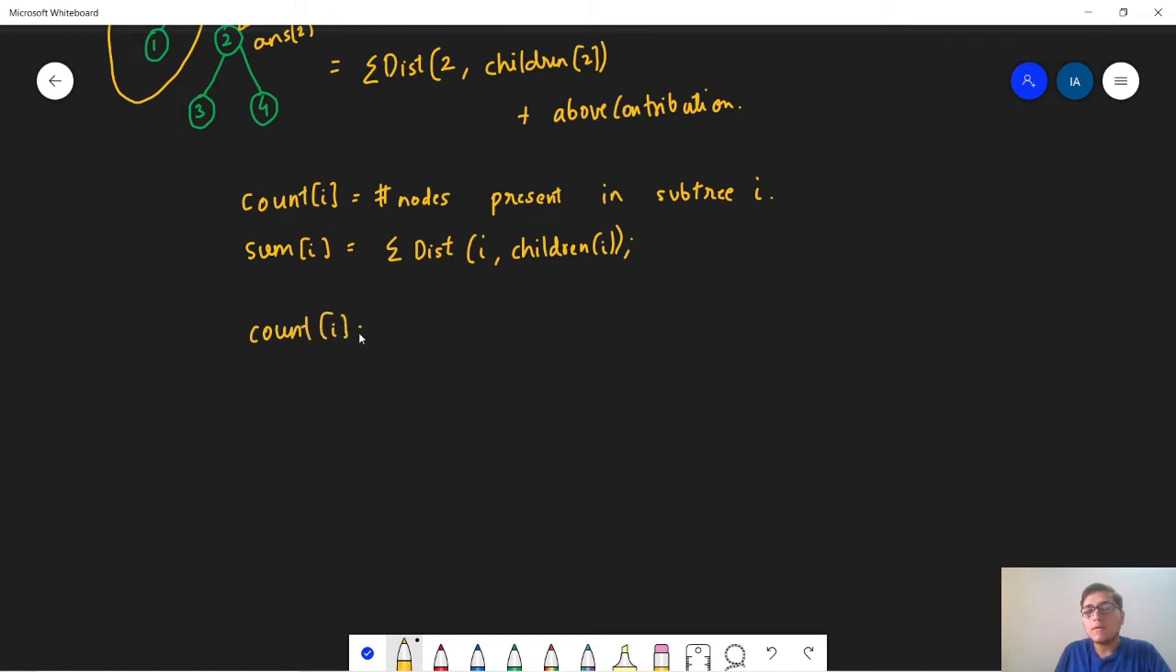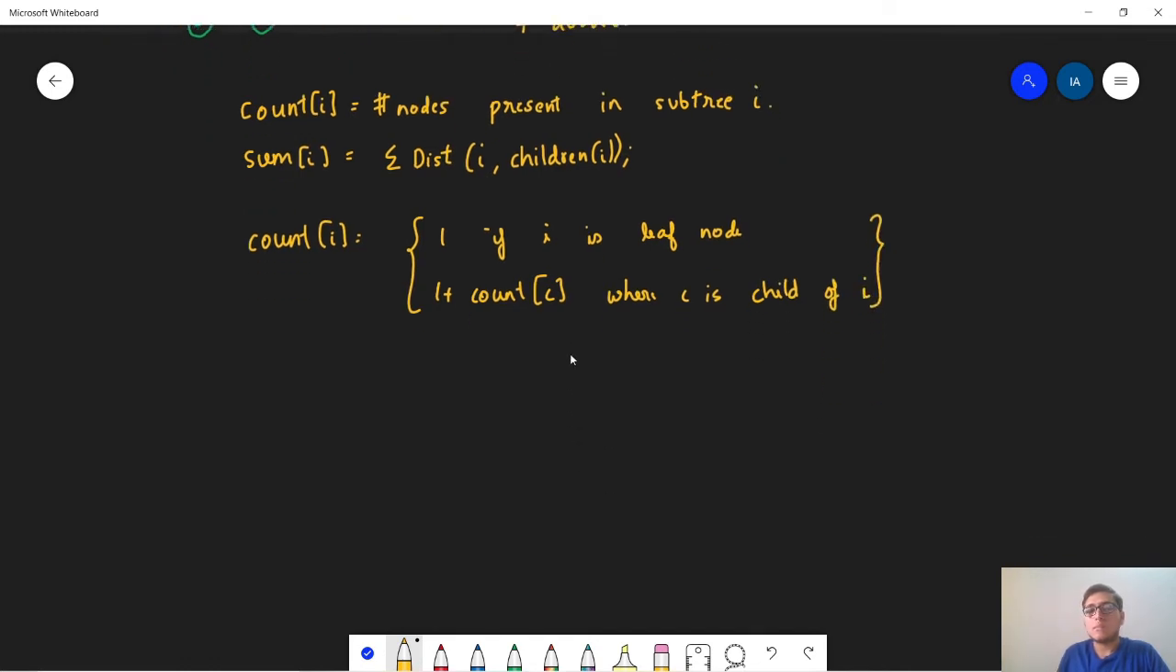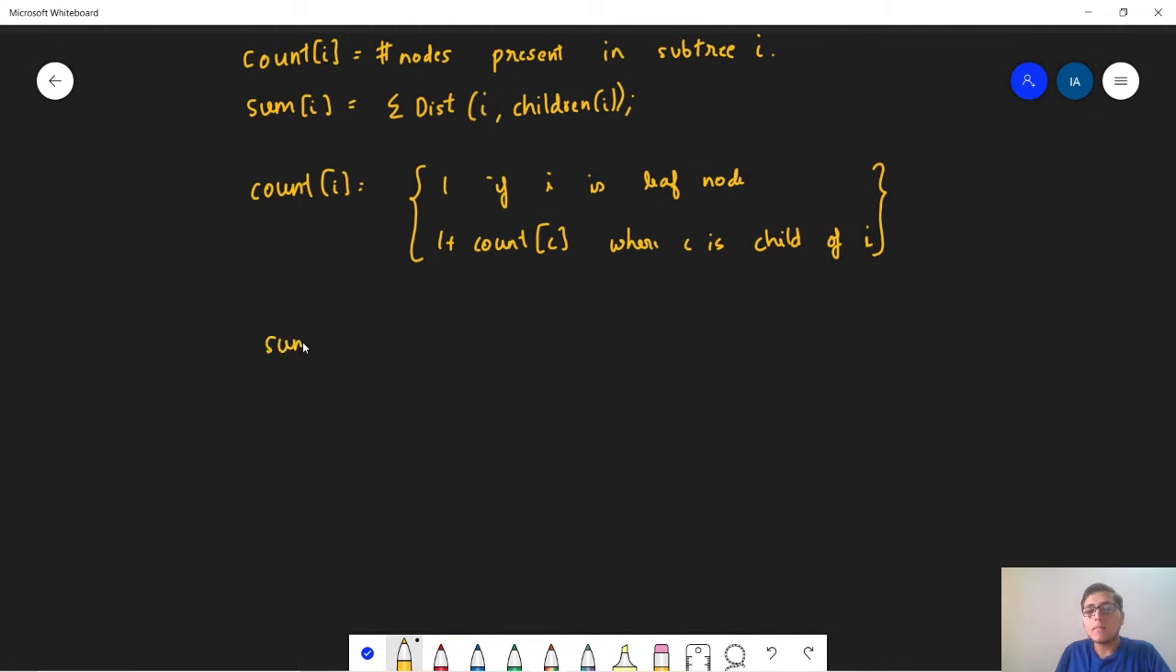So count of I is equal to 1 if I is a leaf node, else it is equal to 1 plus count of C, where C is child of I. And to calculate sum of I, imagine that you are at a node I and you have few children. So these are all subtrees of node I. So sum of I will be equal to 0 if I is a leaf node,